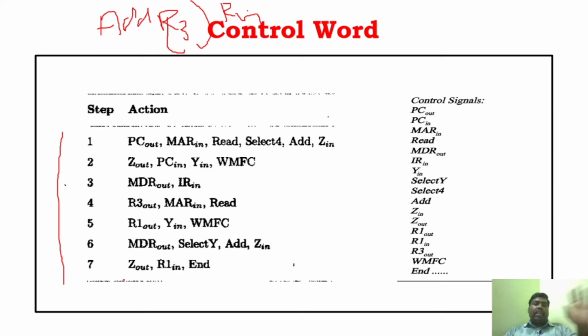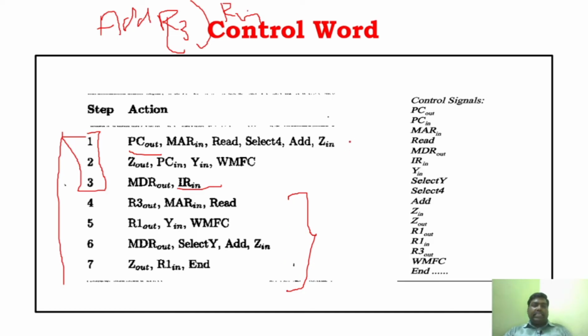Now you have to understand very clearly, as I already said, the instruction has to be fetched. The first 3 steps are the fetch phase, where the instruction goes from PC to IR, and the next 4 steps are the execution phase. In the fetch phase, the instruction is fetched from PC to IR, and only after it reaches the IR will it execute. While executing, it generates the control signals and performs all the operations.